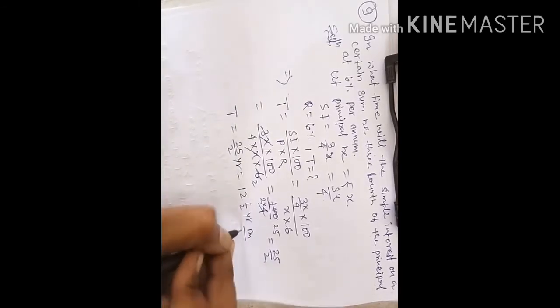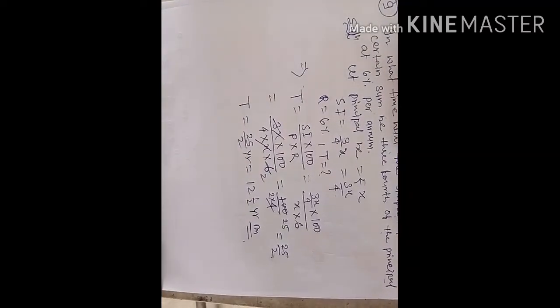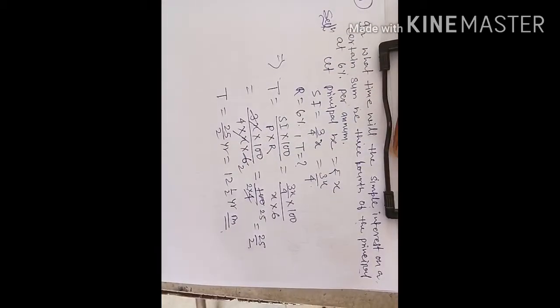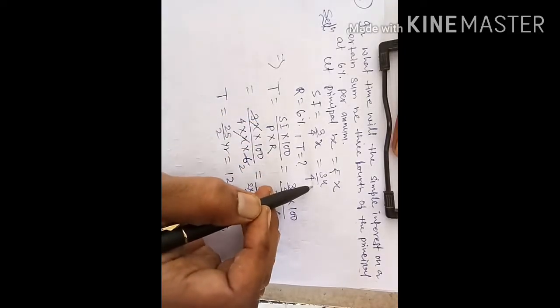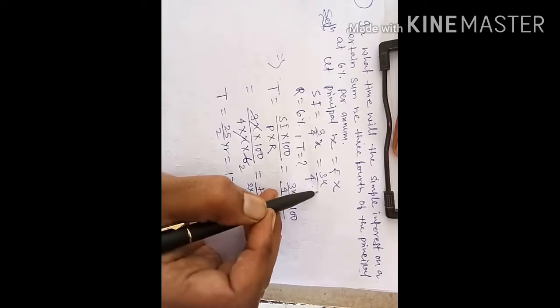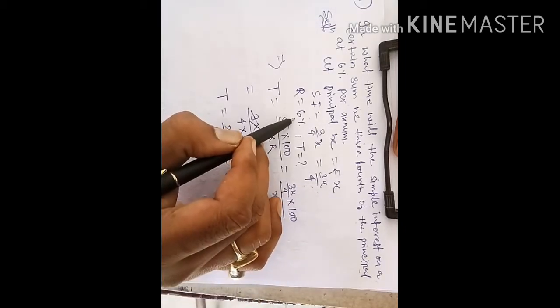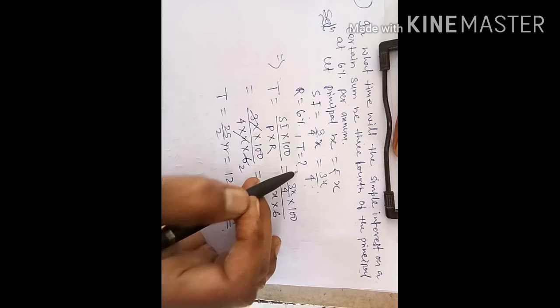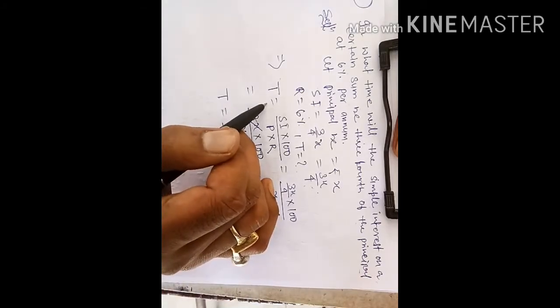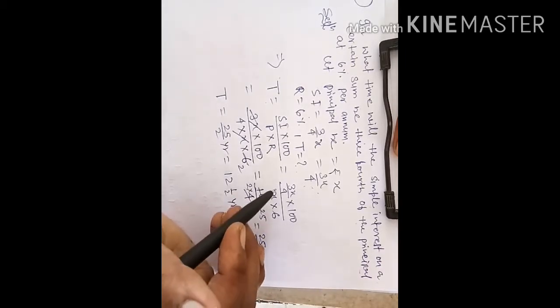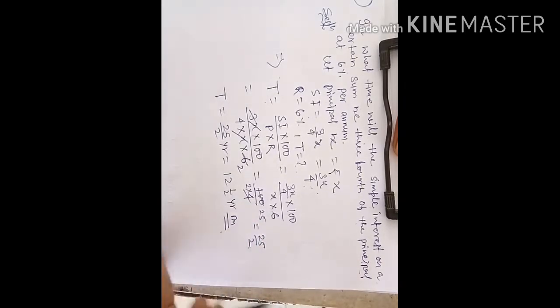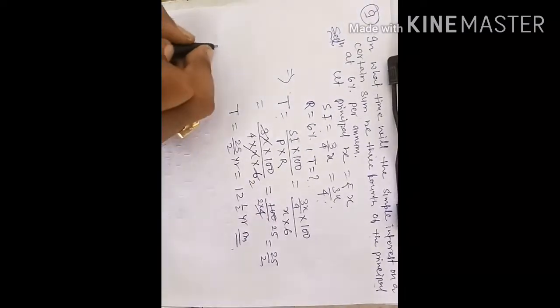This is the answer. यहाँ पर क्या करना था? टाइम निकालना था. In this question simple interest relates with principal. So first we assume the principal, that is x, then you find SI, that is 3x/4, because it is given that the simple interest is 3/4 of the principal. Here given that rate of interest is 6% and you need to find time, and we know that the formula for time is SI into 100 by P into R, and applying the formula after solving we get 12 whole 1/2 years.